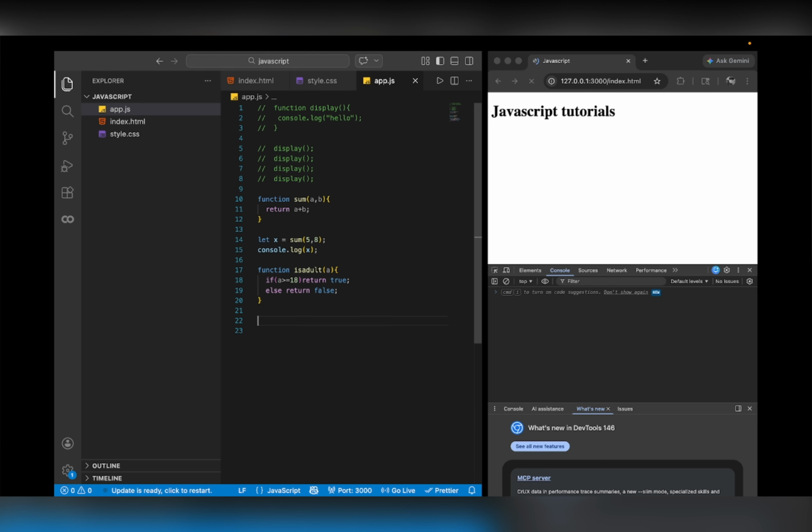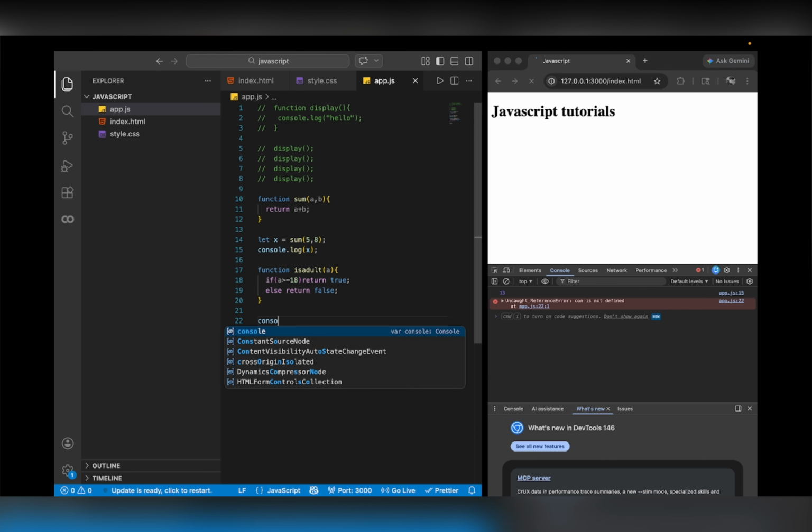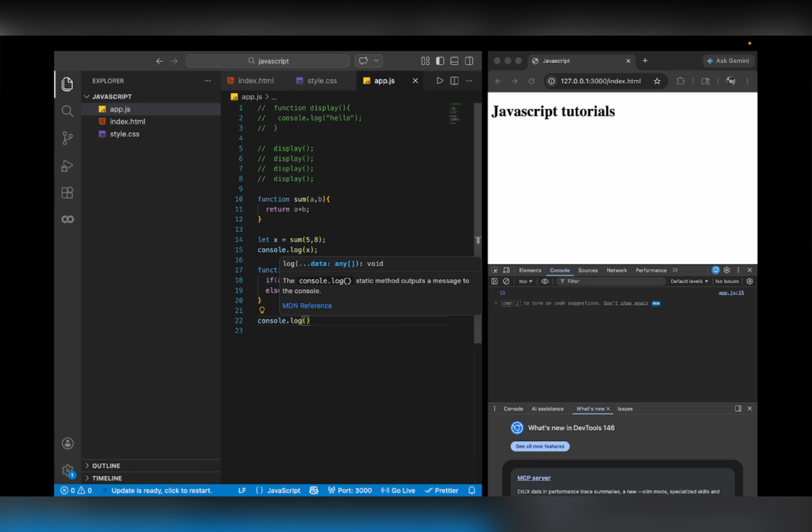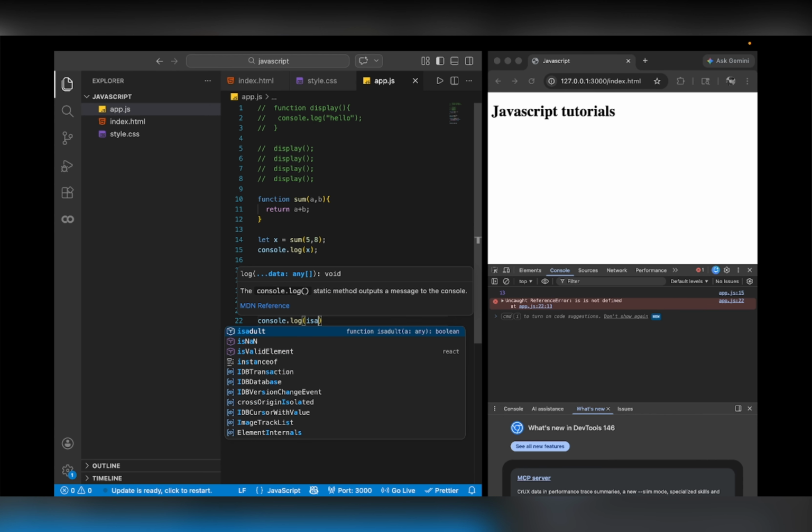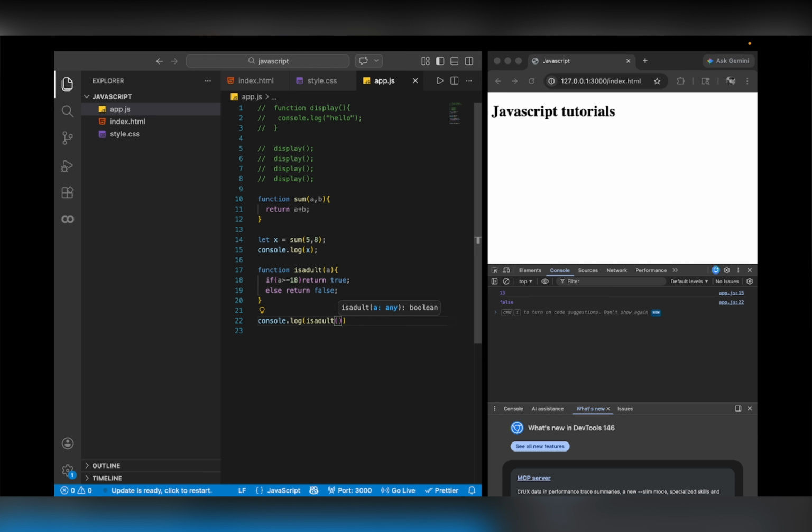सो हम लोग कंसोल लॉग पे आते हैं। इस एडल्ट में लेट्स से 19 डालते हैं, तो 19 एडल्ट है तो यहाँ पे ट्रू आ गया, 18 ट्रू, 14 फॉल्स। सो हम लोग फंक्शंस को ऐसे डिक्लेयर कर सकते हैं, उसमें पैरामीटर्स को पास कर सकते हैं, फंक्शन से वैल्यू को रिटर्न करा सकते हैं, और फंक्शन का कोई कोड जो हो फंक्शन में उसे एग्जीक्यूट करा सकते हैं।